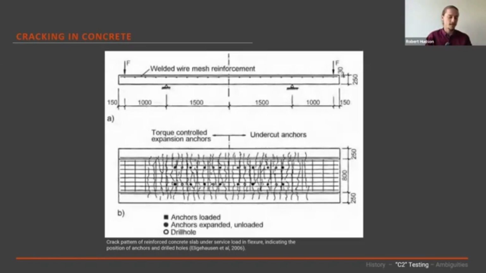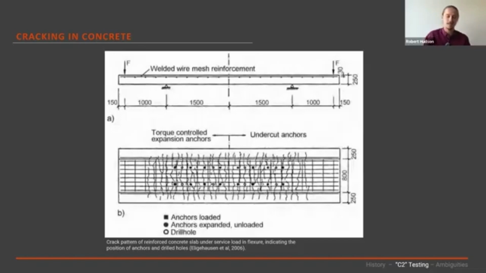And this wasn't just good judgment. This was actually based on a research program that was done in California in the 2000s. I've got a screenshot for one of the test results there. It was one of the test programs that was trying to build the data that was required to build these test programs for anchors. What that was looking at is what is the probability that when we get cracking occurring in concrete, that crack occurs where our post-installed anchors are. And the key takeaway is that it's very, very likely, much above random.